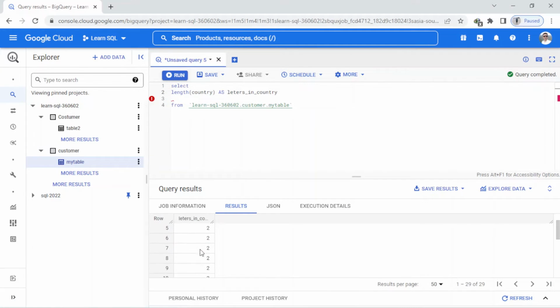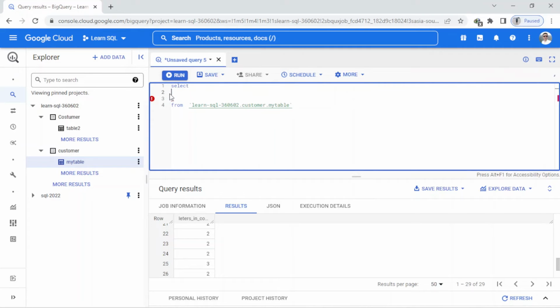So here you can see the result. Just in number 10 we have 3, and also here in 25 we have 3. So I want to see these two results here, so I just clean this, type here